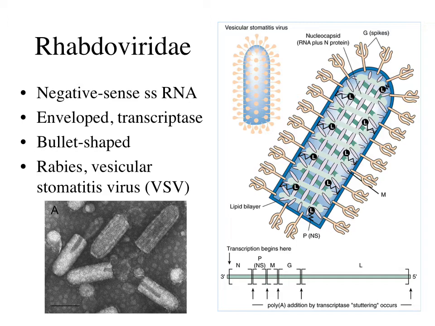The genome is a single molecule of linear, negative sense, single-stranded RNA. Rhabdoviruses generally have 5 proteins. L, the RNA-dependent RNA polymerase, which functions in transcription and RNA replication. G, the glycoprotein, which forms trimers that make up the peplimers or spikes. N, the nucleoprotein, the major component of the viral nucleocapsid. P, a component of the viral polymerase. And M, a matrix protein that facilitates virion budding by binding to the nucleocapsid and to the cytoplasmic domain of